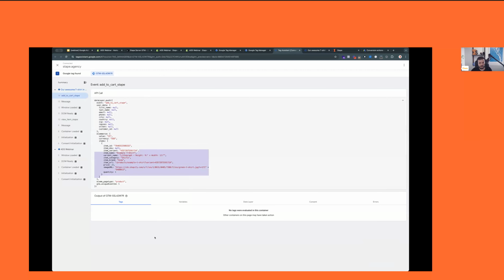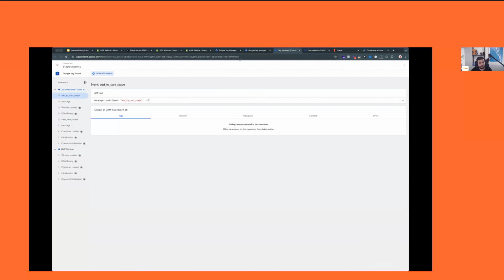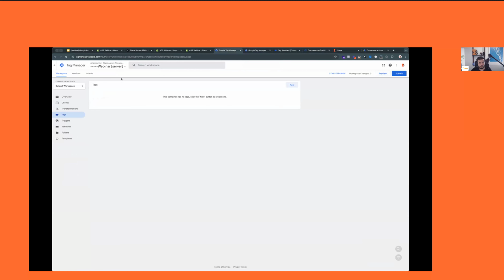Same idea. With this in place, we can actually start and set things up across the two containers, right? So I'll be switching back and forth between web and the server, but let's start from the web first. So we have an empty container. There's nothing going on. Our goal here is to set up Google Ads. In order for us to do that, we need to first pass information to the server container, which we're going